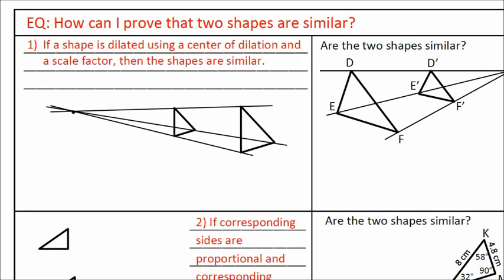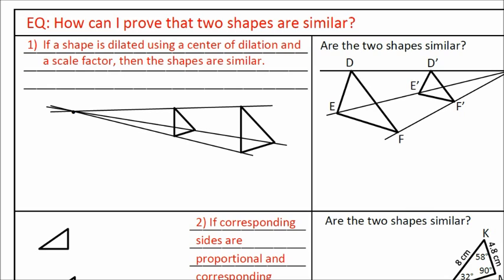Here's our essential question. How can I prove that two shapes are similar? We've learned a lot about similar shapes being the same shape but a different size. We've learned about dilations, how to transform things in a coordinate grid. Now let's look at the three ways that we need to know, class, how to prove that two shapes are